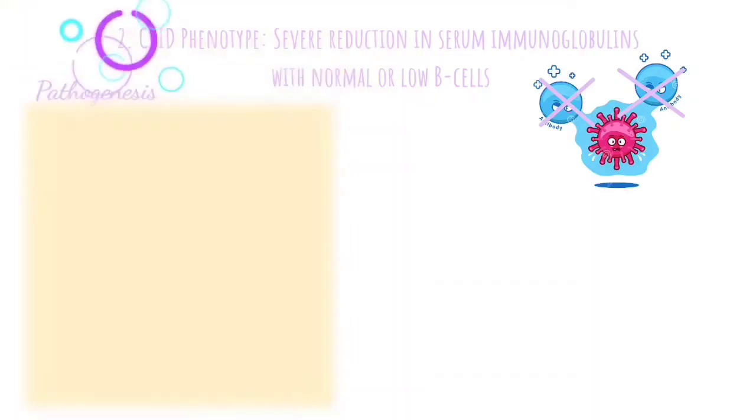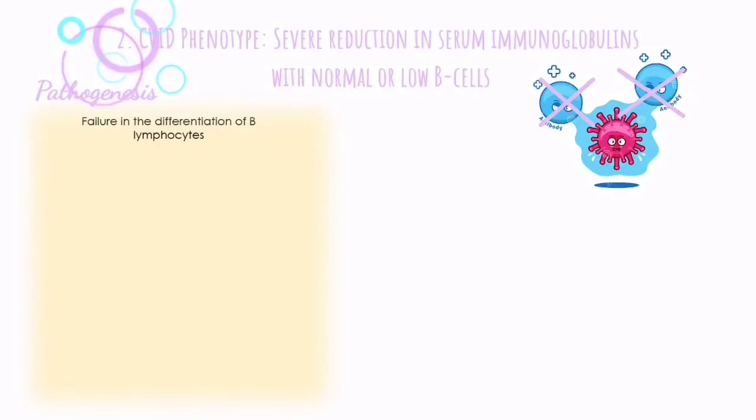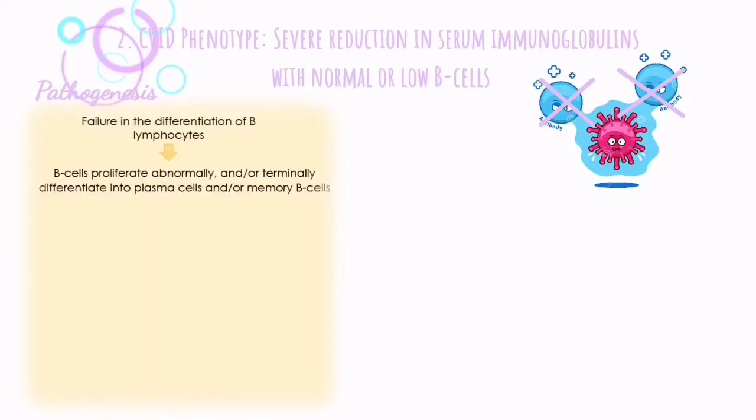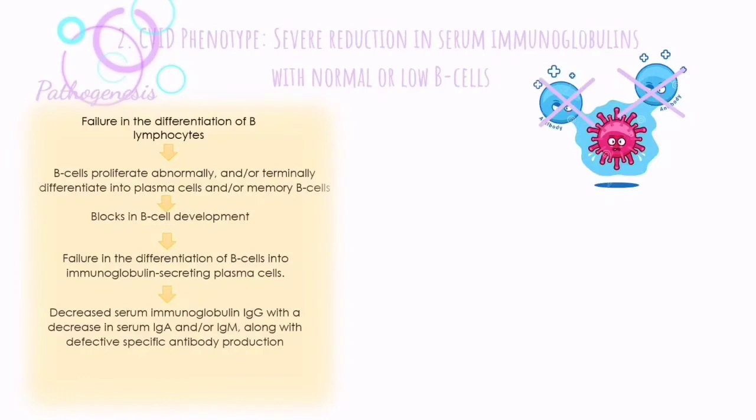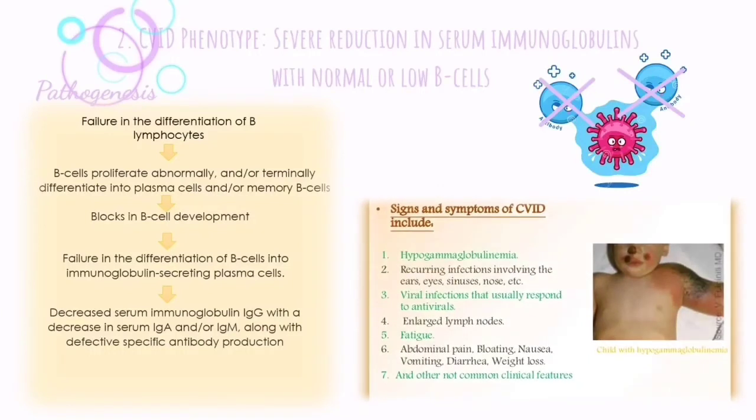For the pathogenesis of CVID, there is a failure in the differentiation of B lymphocytes, which causes B cells to proliferate abnormally or terminally differentiate into plasma cells and/or memory B cells. This causes a block in B cell development. Failure in the differentiation of B cells into immunoglobulin-secreting plasma cells occurs. And then there is decreased serum immunoglobulin IgG with a decrease in serum IgA and/or IgM along with a defective specific antibody production. Signs and symptoms of CVID include